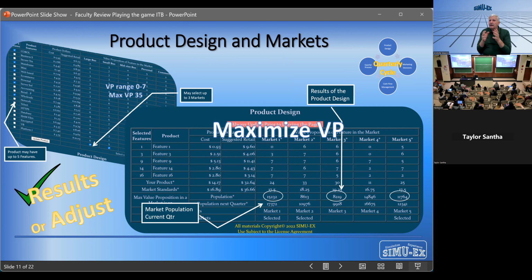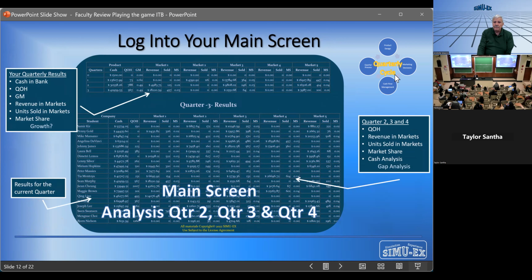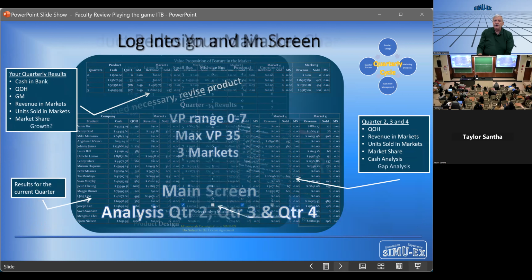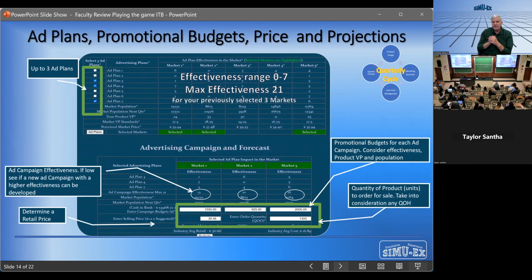So you're going to design your product. Again, I'm going over this quickly, but under student training you do have many different videos, all describing it similarly with different approaches, the discussion of strategy and recommendations that you should follow. Each and every one of you should look at those videos prior to making any decisions in the simulation. Once you're done and happy and you see no other changes that need to be made, then you proceed to your marketing screen.